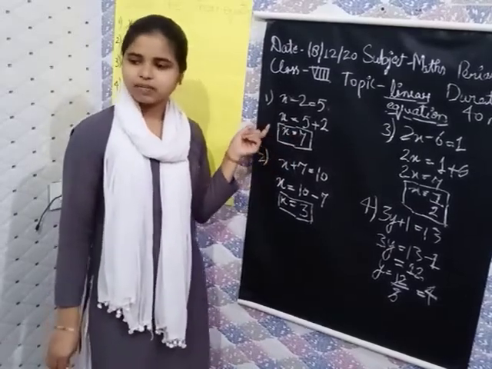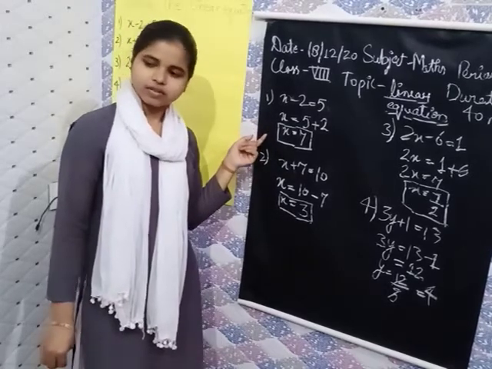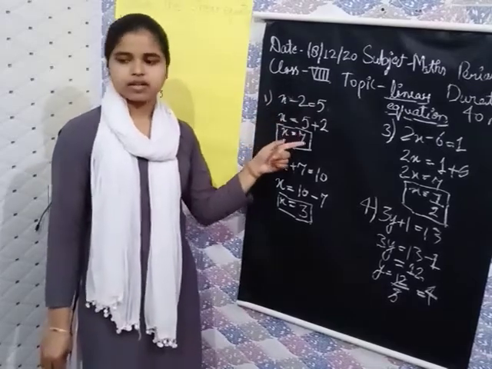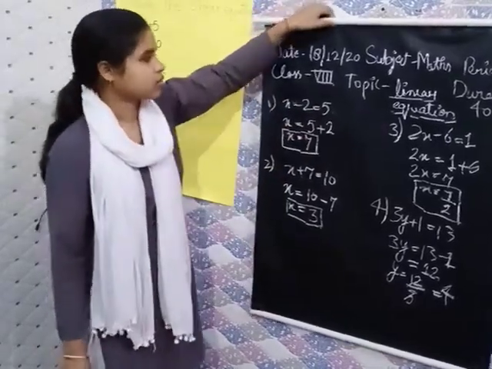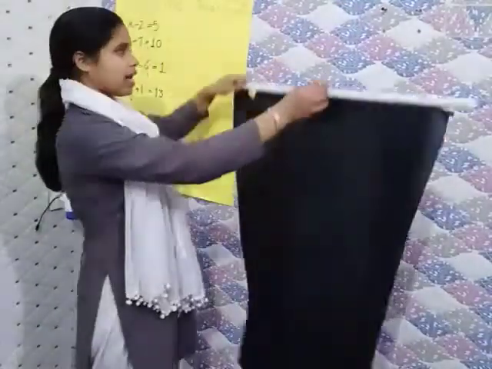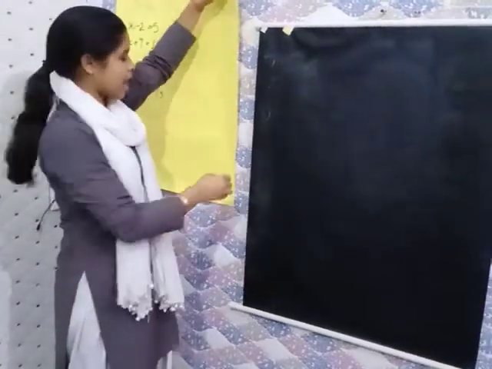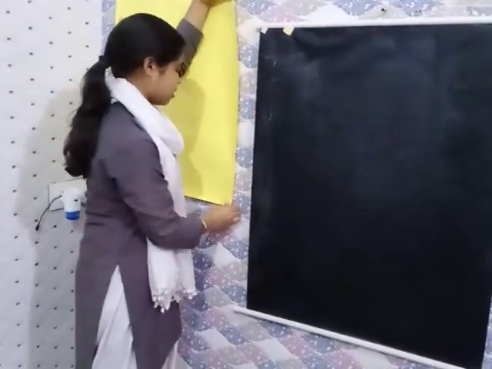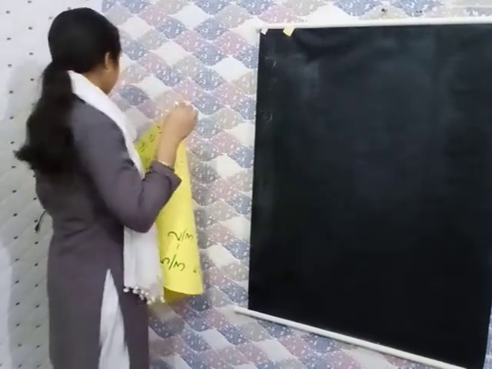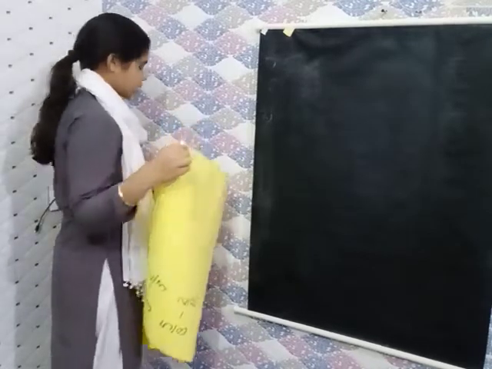Now tell me, plus and minus sign will be changed, and variable and constant will also change on the same side. Yes. Now students, note down this rule: first we take the variable and constant on the same hand side, and then we will change this side. And changing the side, we change the sign also. In this way, we can solve the linear equation.